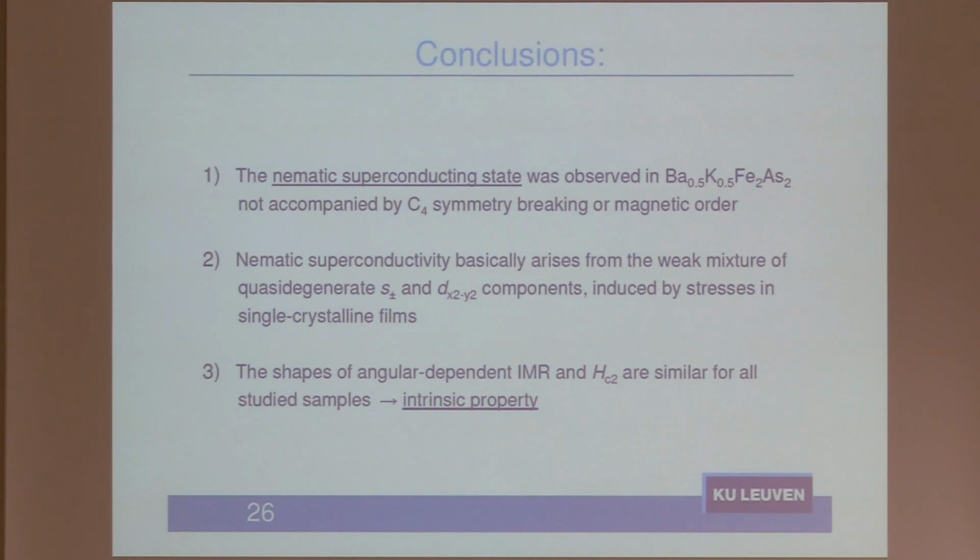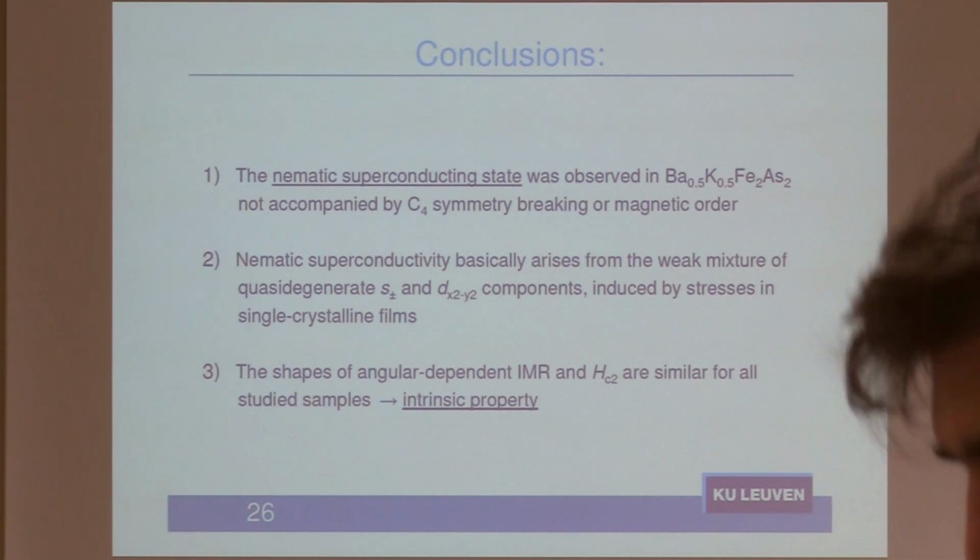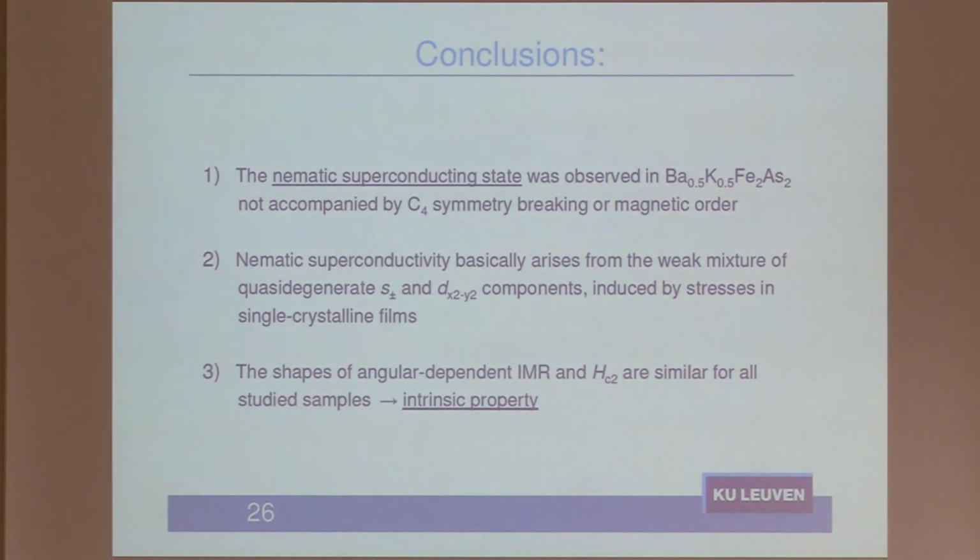Well, this is what we also suggest here: when you prepare films, on a surface or under high pressure, you have some internal stresses and they induce very small perturbations, which are not observed in the normal phase. Or maybe they observe, it depends on the extent. But the key point here is that they are quasi-degenerate. So the S state and D state, from barium to calcium, somewhere intersect, and we are just in a region where they probably intersect. This is the main idea. Then small perturbations can produce these effects.